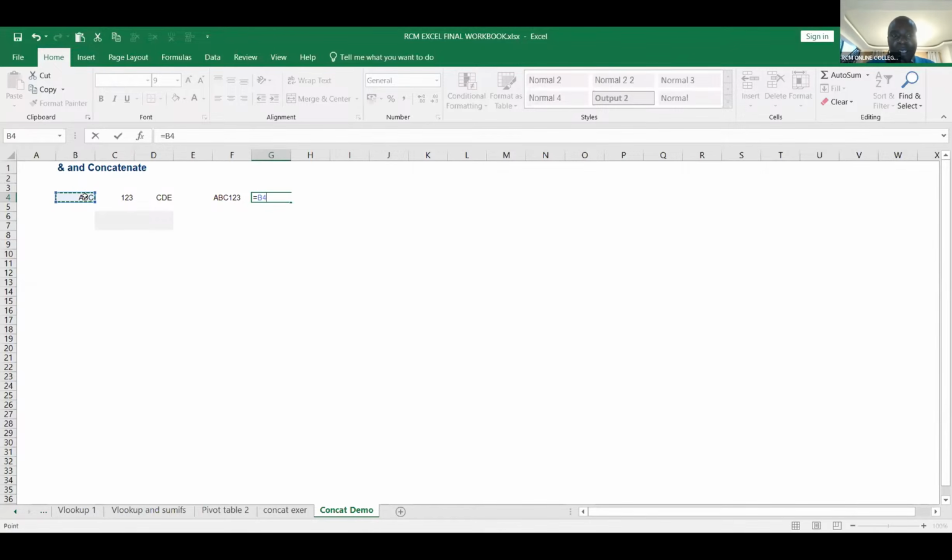Equals A, yeah. But you haven't written concatenate. Don't use the ampersand. I don't want you to use the ampersand. I want you to type first concatenate. Yeah, concat. Then you pick that, comma. And then you'll be able to concatenate like that. Thank you so much. And then with your permission, ladies and gentlemen,